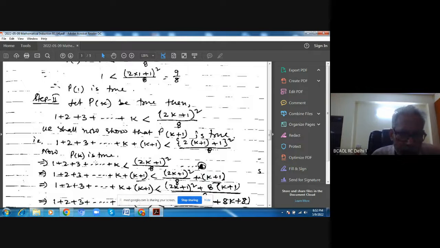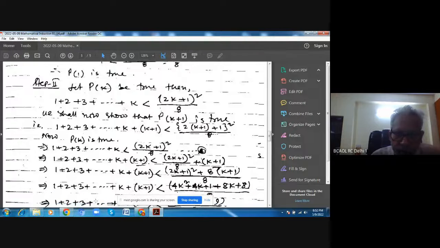Now P(k) is true. Now this portion you can already write here, dot dot dot. This is equation 1, you can write it. So this value you can straight away put here. Here this figure is there, then you have to take the LCM. If you do it, 2 plus k square plus k plus 1, it is added on now, another one added on. So now you have to calculate it,